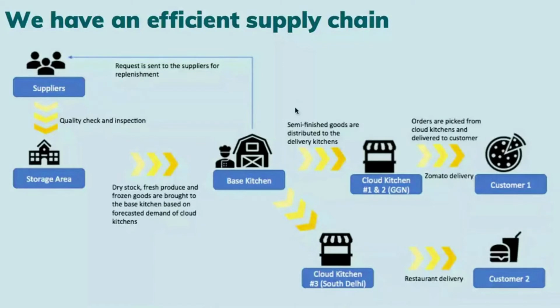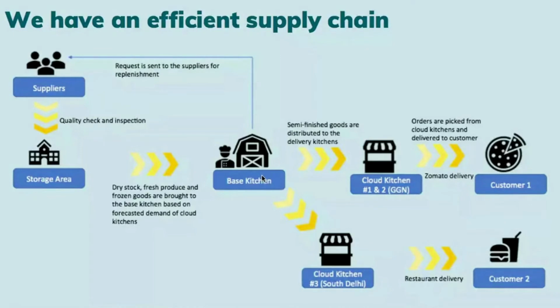Once that is done, how we do it in our company, which is Shepherd Foods, is we have a warehouse cum base kitchen which operates on a hub. Our company operates on a hub and spoke model. For all the four, five outlets that we have, the base kitchen supplies everything, all raw materials and semi-cooked products to the outlets. This base kitchen and warehouse is responsible for placing indents, which are orders to our suppliers.